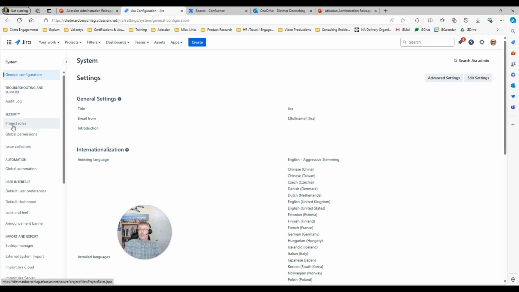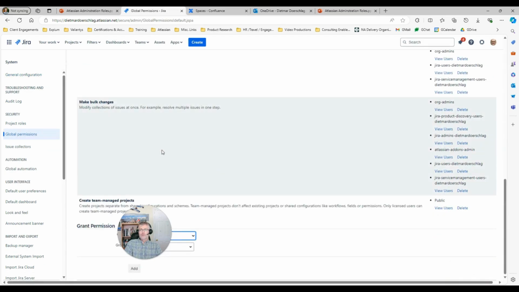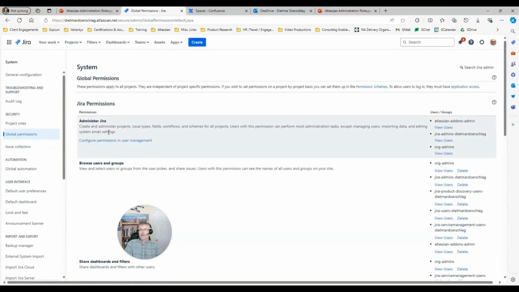For example, a Jira admin defines project roles. They set up project roles, which of course are then mapped into permission settings. So it is the Jira administrator that defines and sets up project roles and then decides what those role members can do in Jira. Jira administrators also set global permissions. Via global permissions, we have some very powerful settings. For example, to give users with that permission the ability to browse